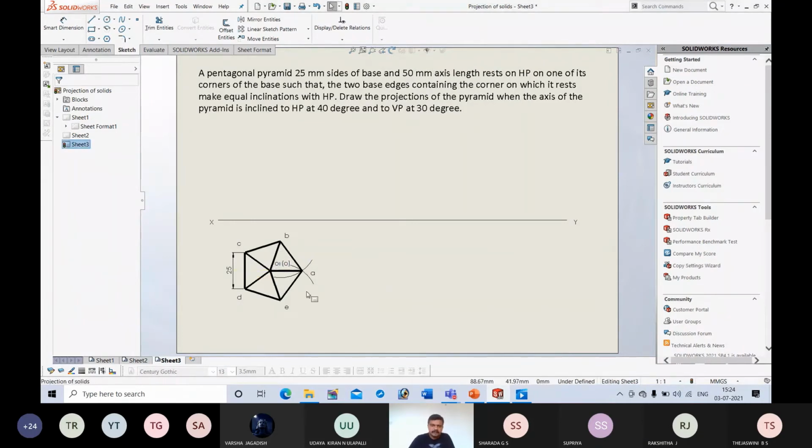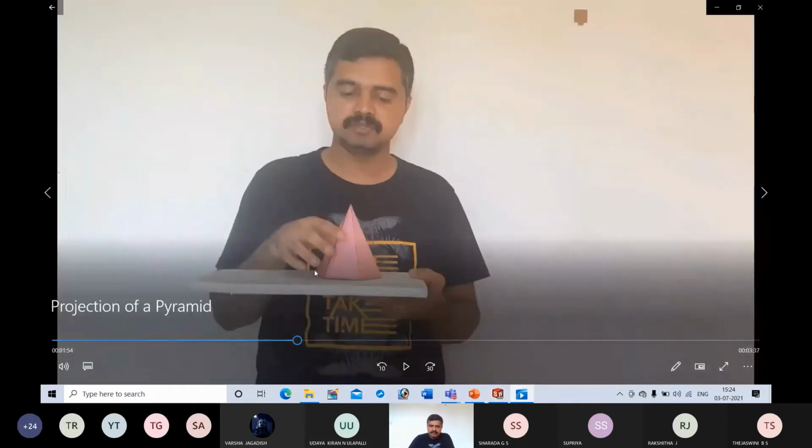Next, by projecting points, I will get the front view. So if you keep like this, from front again it will be represented as a triangle. It will look like a triangle. So here you can draw a slanted line, here also you can draw. Base will look like a line, since it is also like a plane lamina, so it will look like a line. Base will be represented as a line in front view, whereas in top view it will look like a triangle.